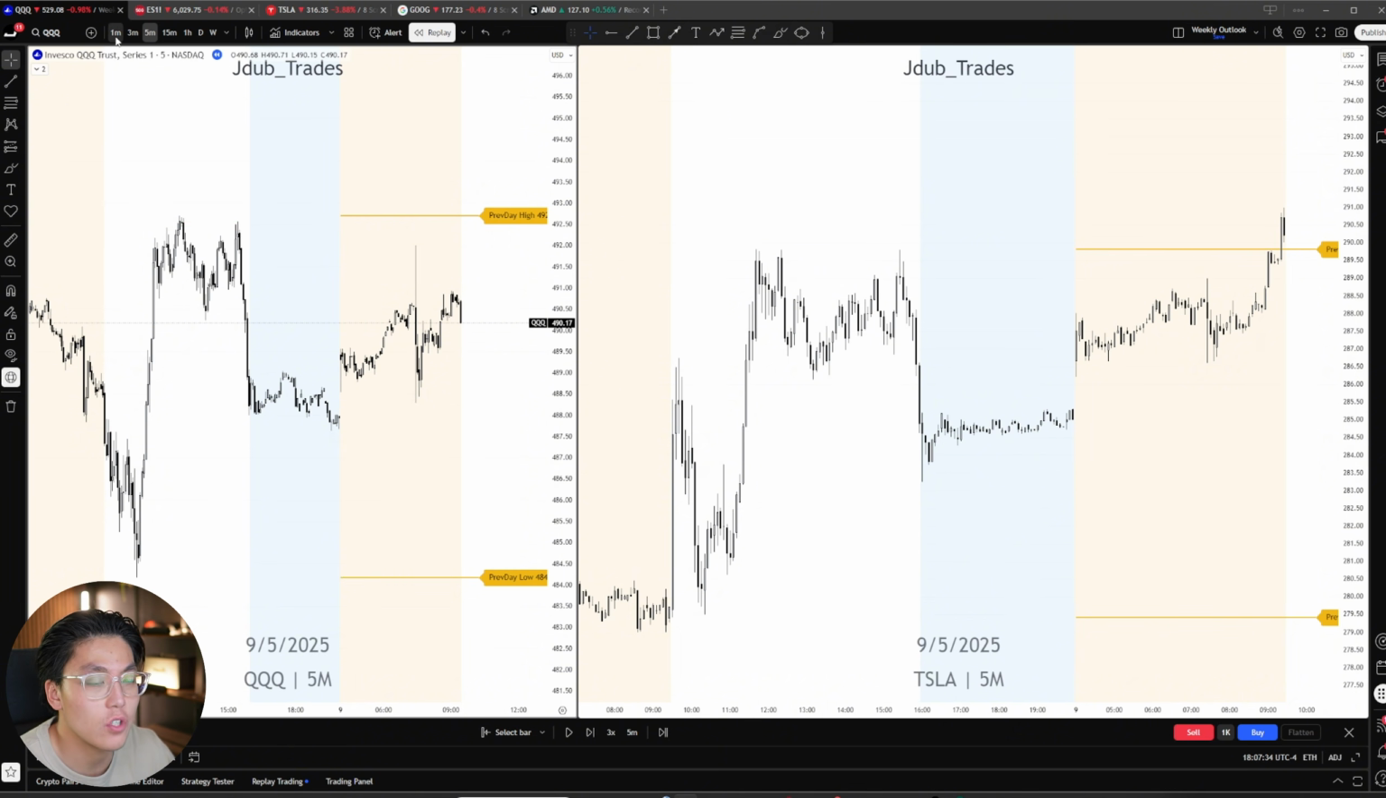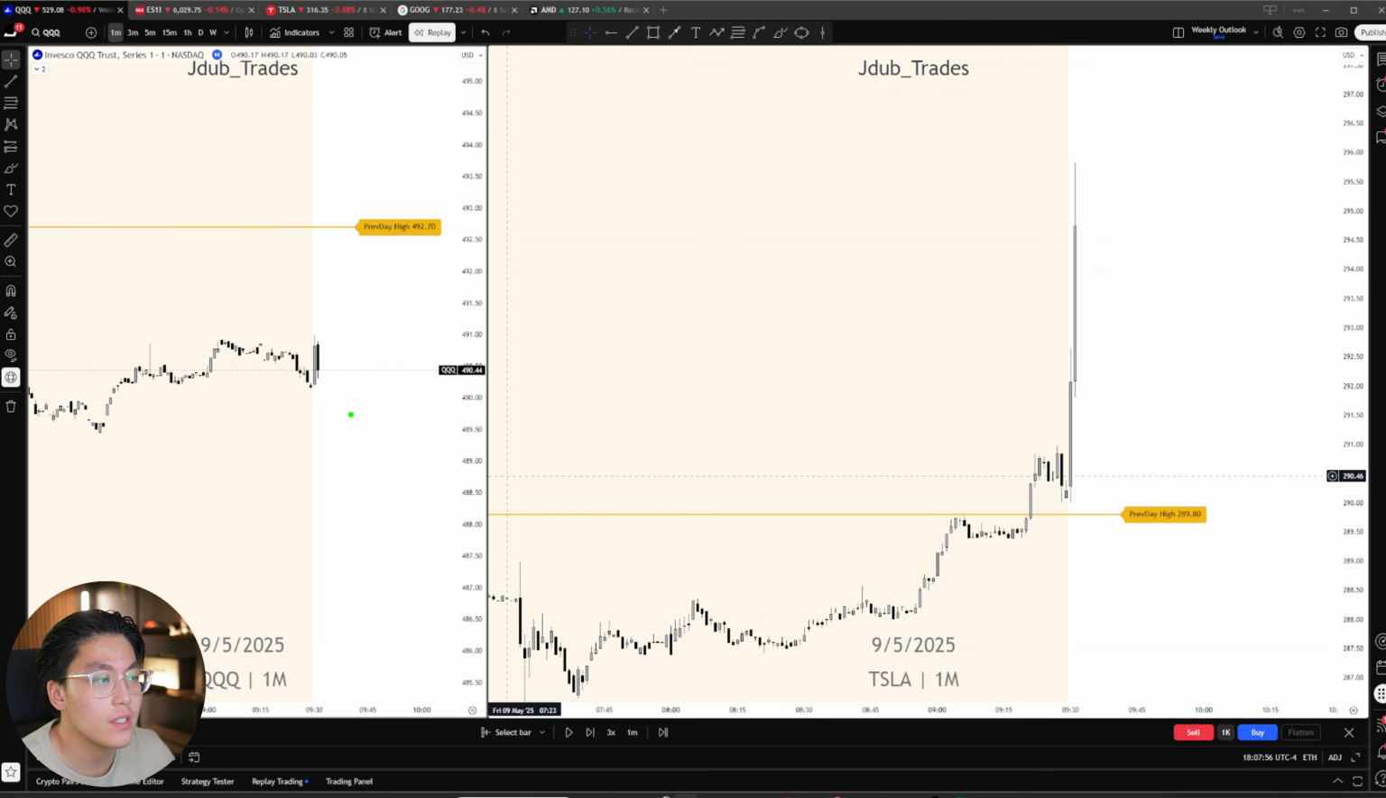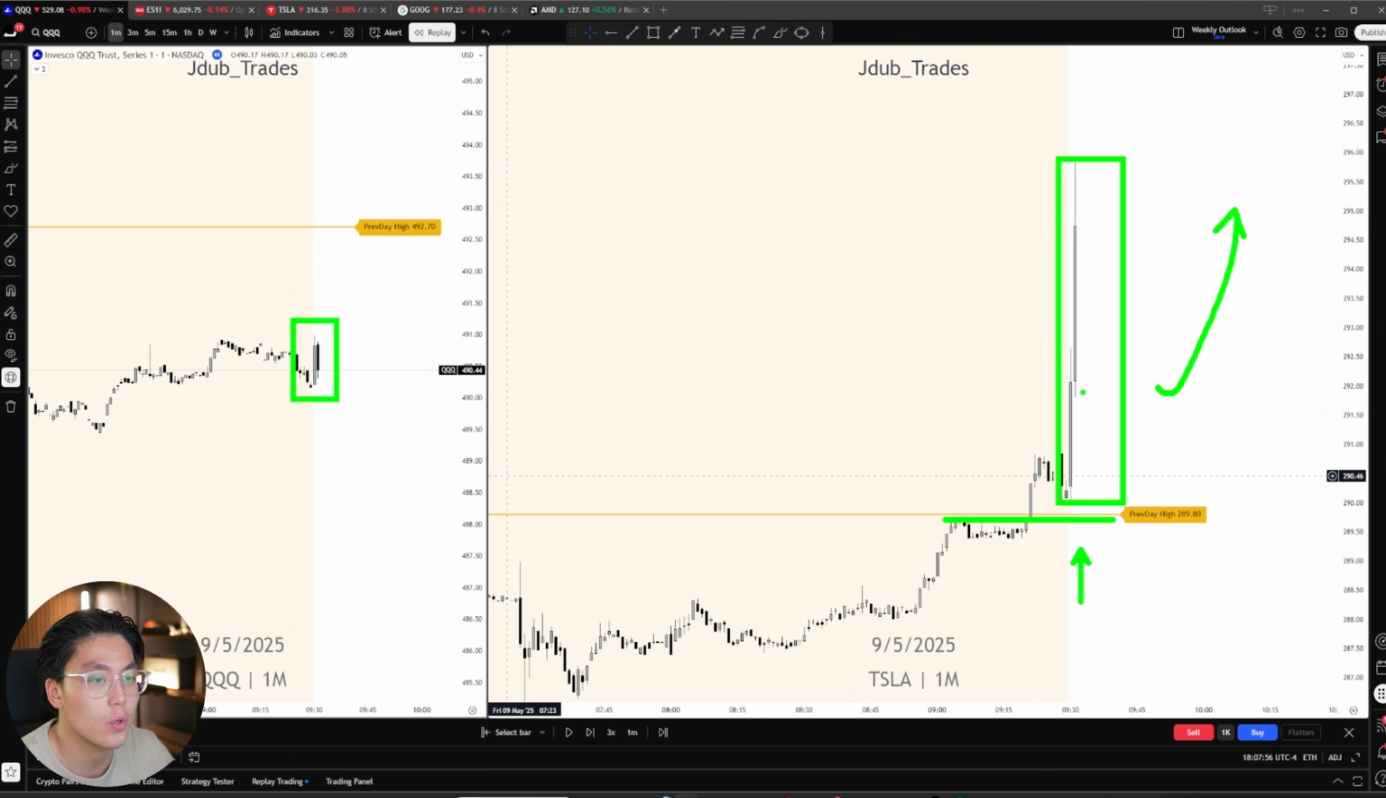Now let's go back onto the 1 minute time frame. Now let's play out the tape. So as you can see, within the first 2 minutes of market open, look at the difference between Tesla versus the QQQ. The Qs has two very small candles here, whereas Tesla is showing immediate buying above its previous day highs, and we're having a huge push towards the upside. Tesla here moved about 5 points within the first 2 minutes of market open,